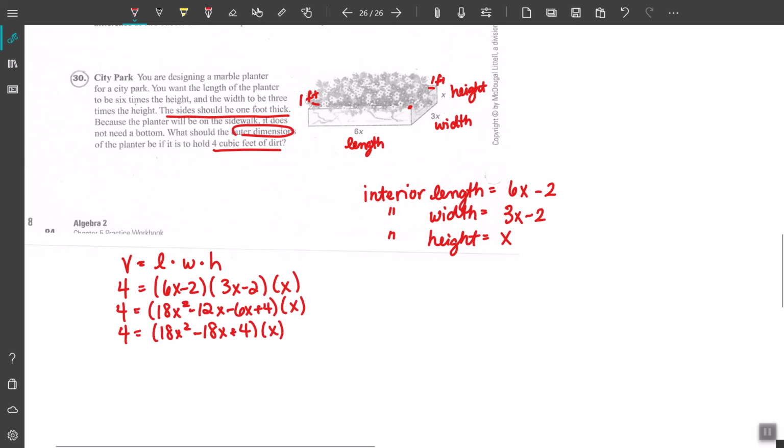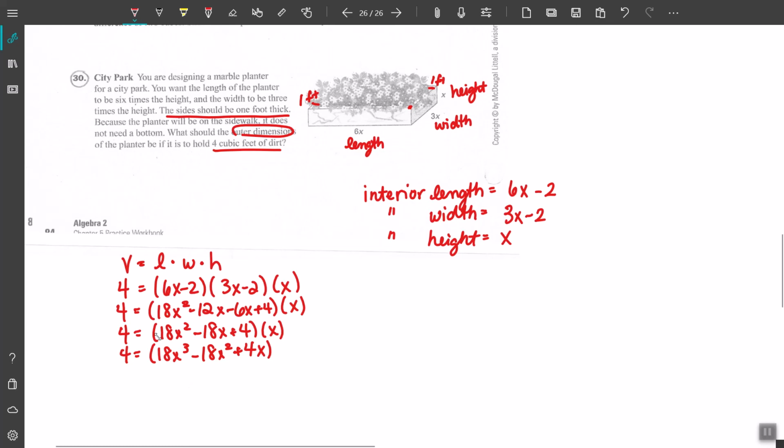All right, just to save a little bit of time, I paused the video and went ahead and did FOIL on the first 2 binomials and got this line right here. And then I moved down to the last line there just by combining the negative 12x and the negative 6x. All right, so now we end up with this trinomial, and we still have to multiply by the height, that height of x. And so I'm going to go through and distribute that x to each of those terms. All right, I just distributed that x, and so now what we're going to do is